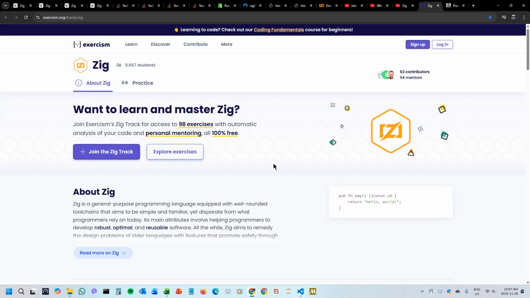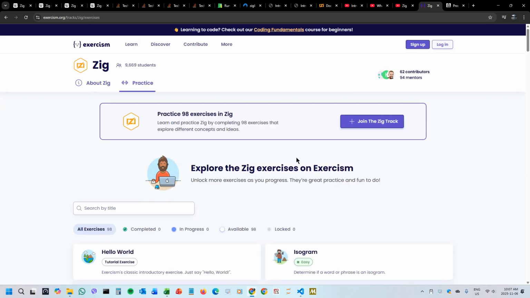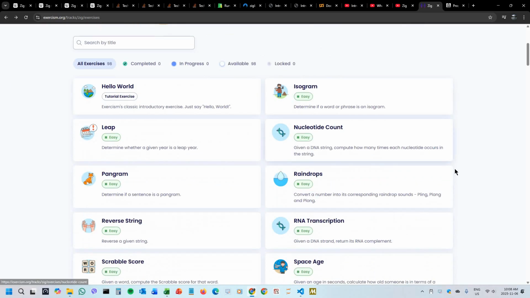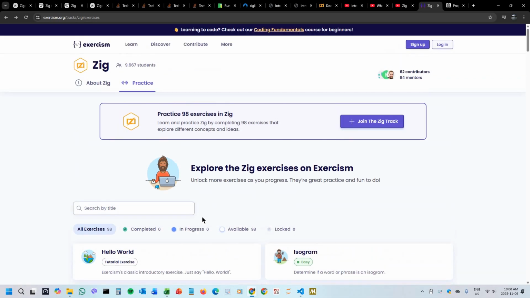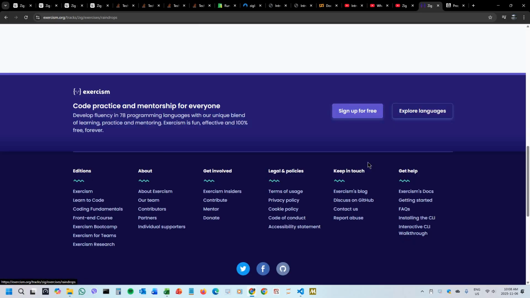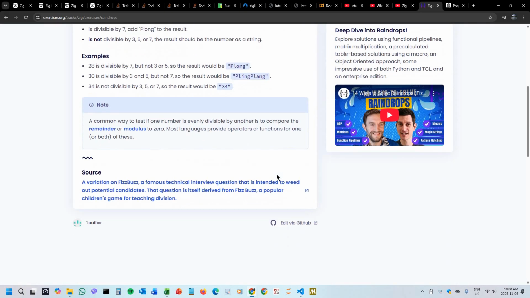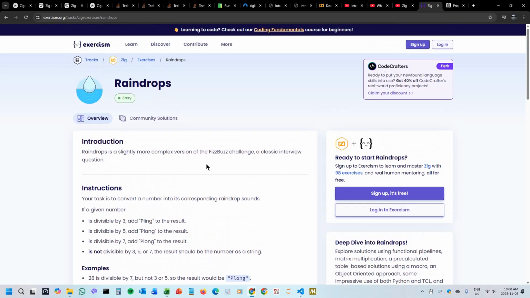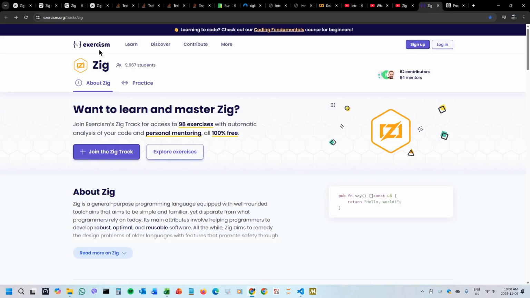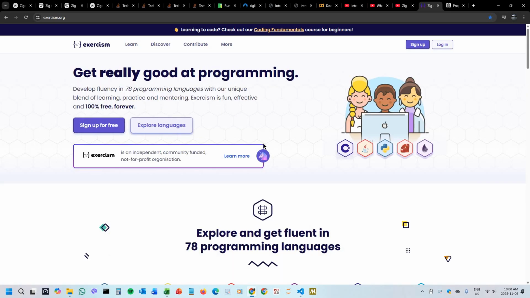Zig is on Exercism, and you can go in the usual way. There are a number of languages in here where there are quite a number of exercises, but there isn't necessarily a tutorial anywhere. And this might be one of those languages, possibly, although it looks fairly well. Maybe it should. No, that's just the introduction to the exercise. Anybody that uses this site is well aware that some languages are better covered than others in terms of